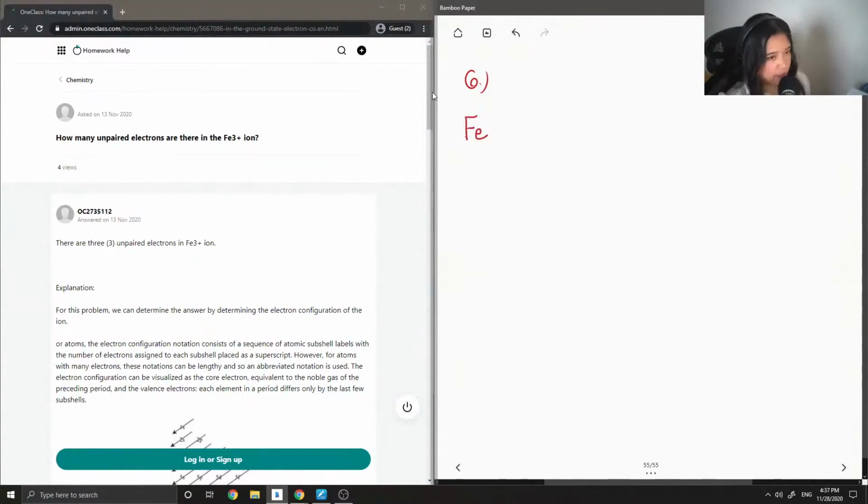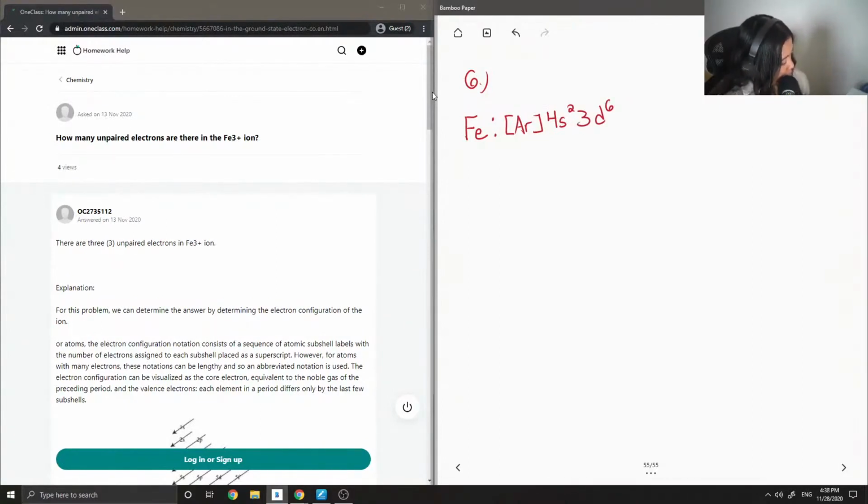So first, let's recall that the electron configuration of just a neutral iron atom is argon in square brackets, 4s2, 3d6. Okay, so